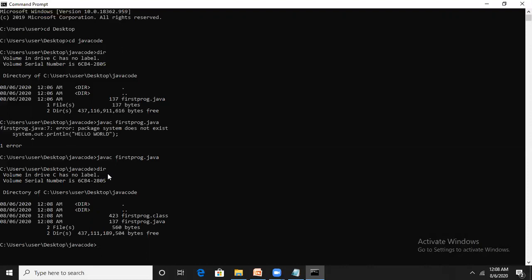It checks each and everything at compile time. My S was small, it is checked. Syntax is checked at the time of compile. So Java is a robust programming language. Each and every syntax, every assignment, is checked at compile time. Now step number 3 is also complete. We have compiled the program successfully.